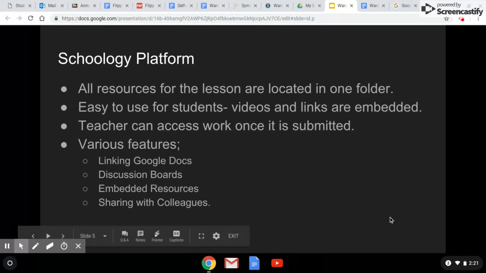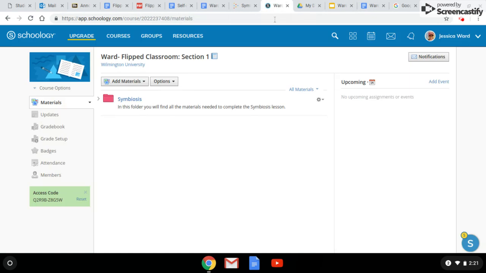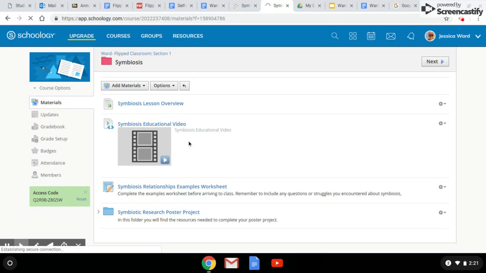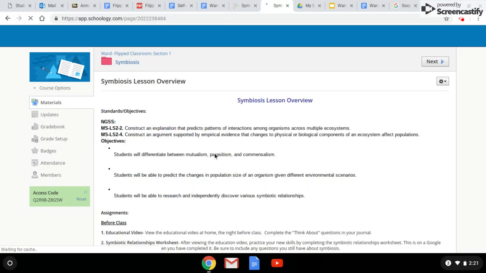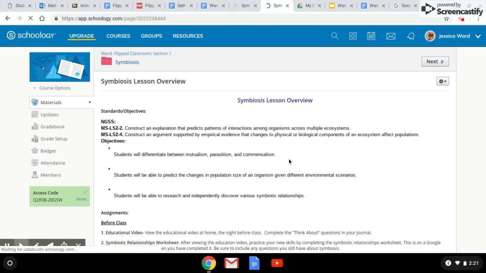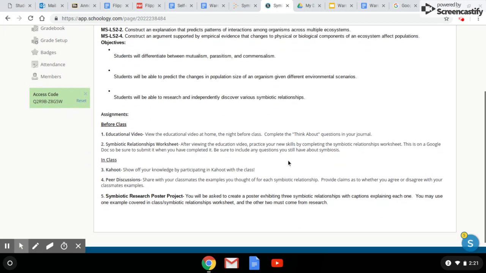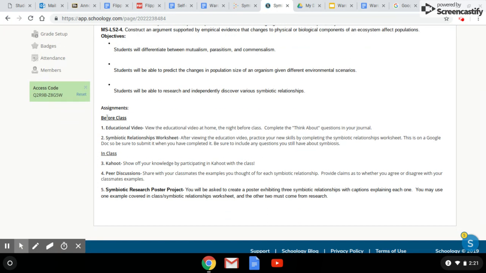So if we were to go to the Schoology page that I created for the flipped classroom, students will see this, and all of their materials are going to be located in the Symbiosis folder. And in this folder, I like to include an overview for students so they know what the lesson is about and what they're expected to do, which gives them more of a purpose. So I list the objectives and the standards, and also the assignments, what I would like for them to do before class,